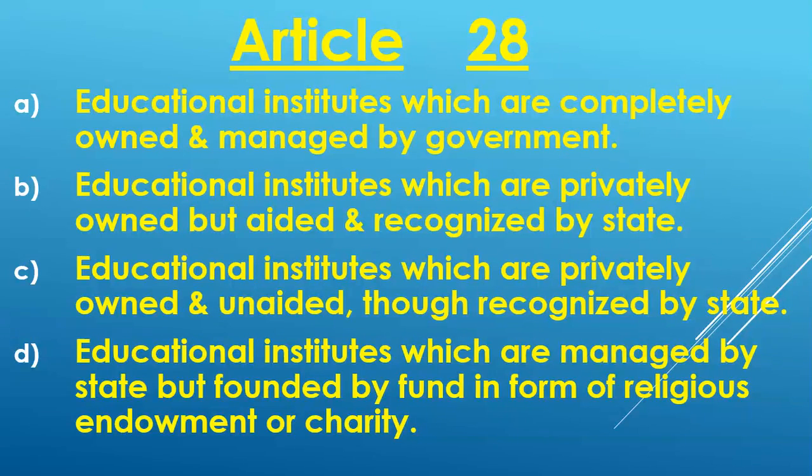Now these educational institutions are established by using the money of this donation, means no private individual provides money for the establishment of these educational institutions. Moreover, the government does not provide money for their establishment. So from where does the money come? The money comes from the religious endowment or charity, which the religion has through donation. Suppose the followers of that religion donated money to their religious institute.